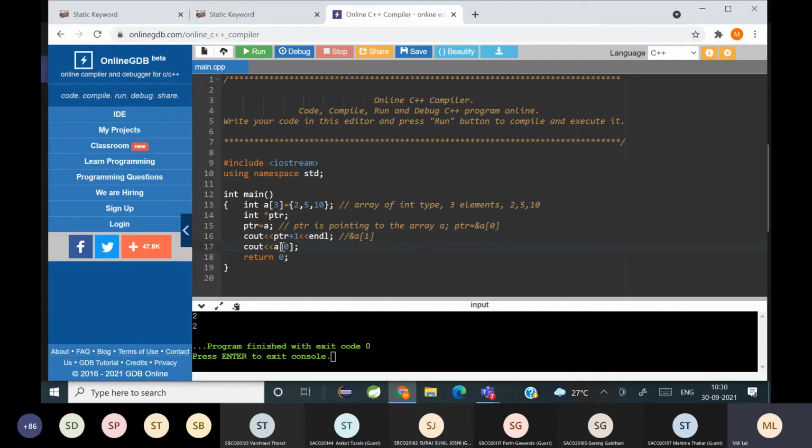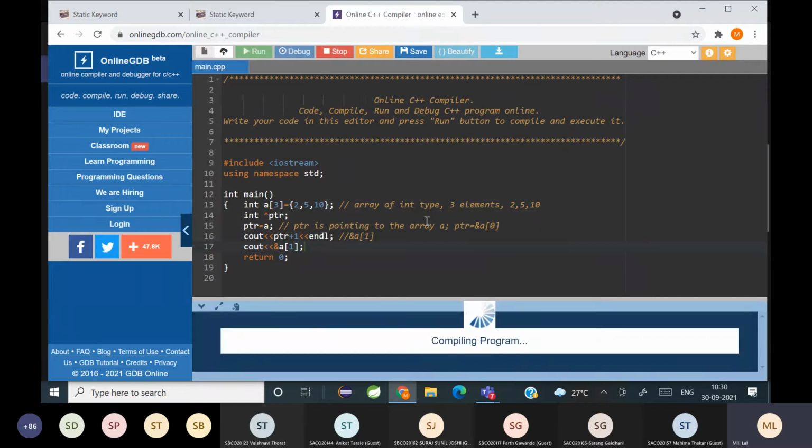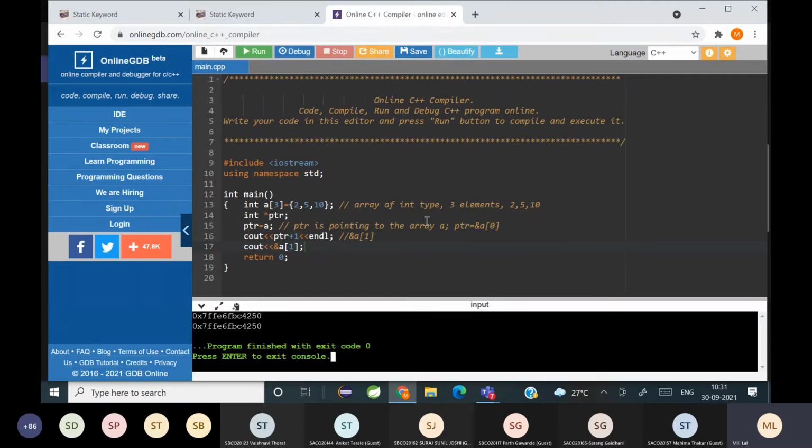So let's see if it is going to print the same value, address of A of 1. Saw it? Same value is getting printed, right? Now suppose I want the value present in the address. I will write like this.